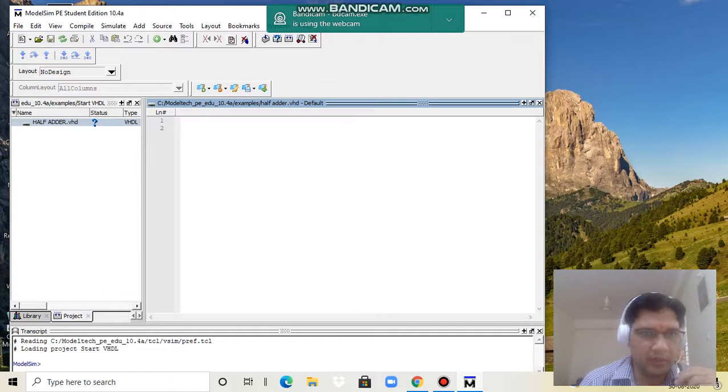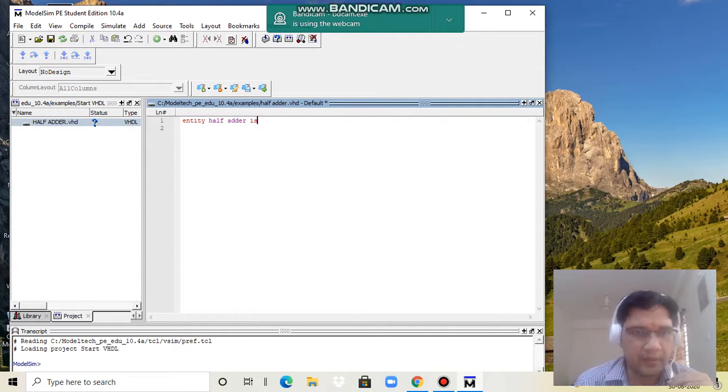A new window will appear. This window is used to write the program. So I will start writing the program. As you know, VHDL consists of two different parts. One is the external hardware abstraction, that is the entity declaration. So let's first declare the entity of the device. The first keyword to write the entity is entity. Then we have to give any name. Let me give here again half adder. Then is.